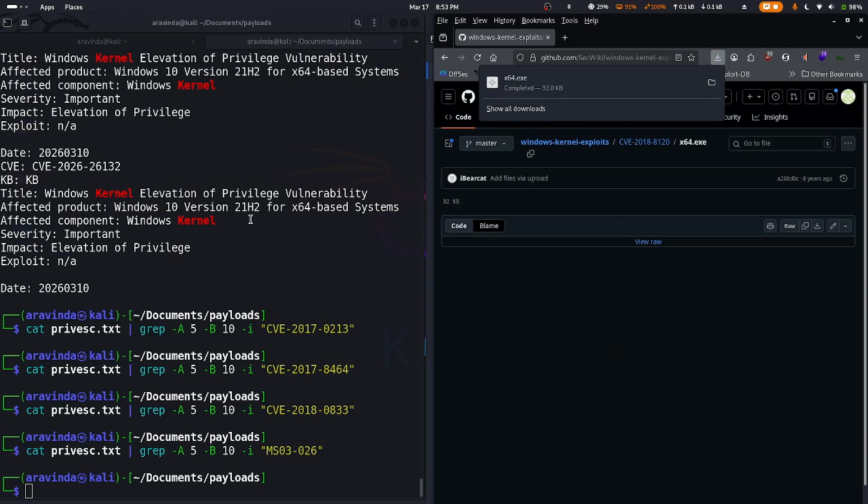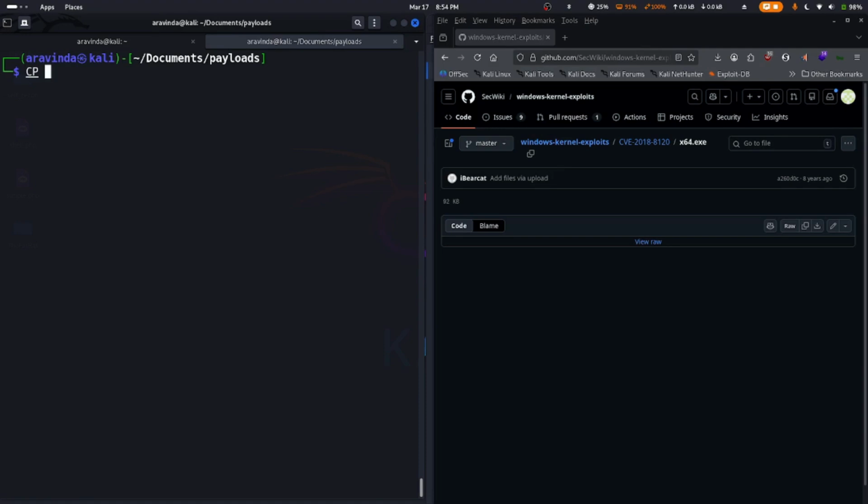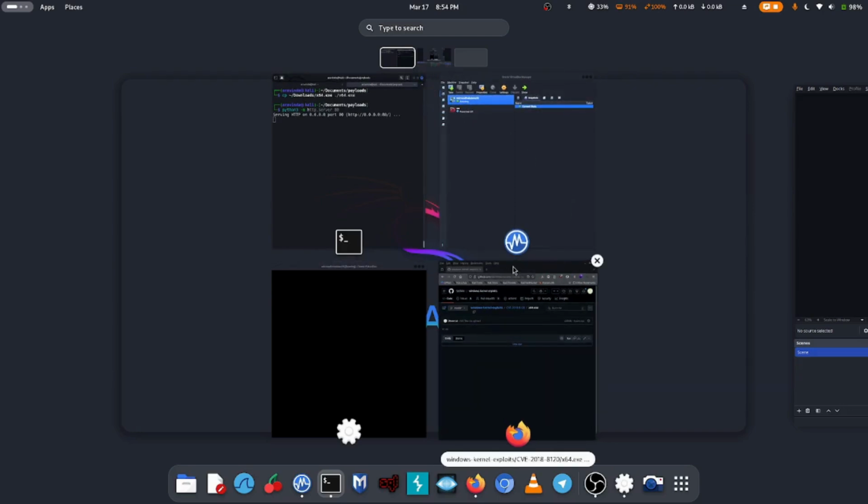And we downloaded an x64.exe, a random one. I don't think it'll work, but let's see. Let's copy that from downloads, and the name is x64.exe, and we save it as x64.exe. And let's start a Python HTTP server, a module called http.server,